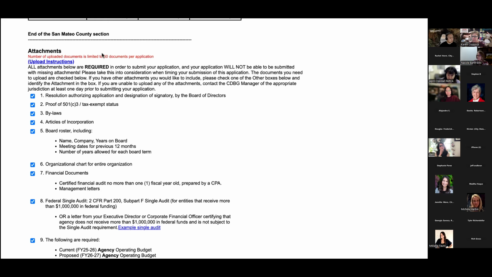The limit for documents is 60. If you have an extreme case of needing to upload more than that, I think you should email both CDS and the jurisdiction you're applying to, because that's just a lot of attachments. 60 is what we were told in the past. So I think if you had more than that, you should ping the jurisdiction you're applying to and CDS, and we can talk about whether that makes sense or not. But if you try to do more than 60, you will get an error message and it'll not let you upload anymore. So if you're wondering what's happening there, that's what's happening there.